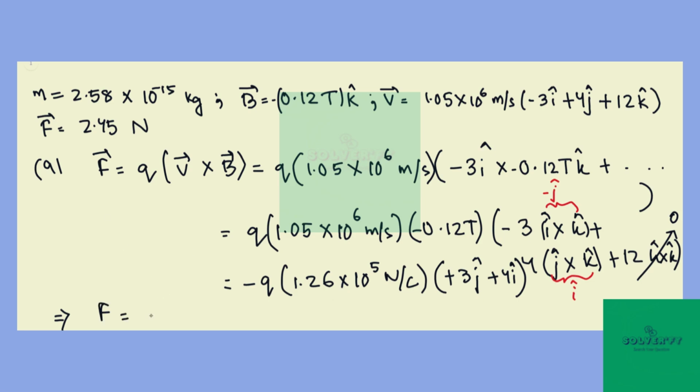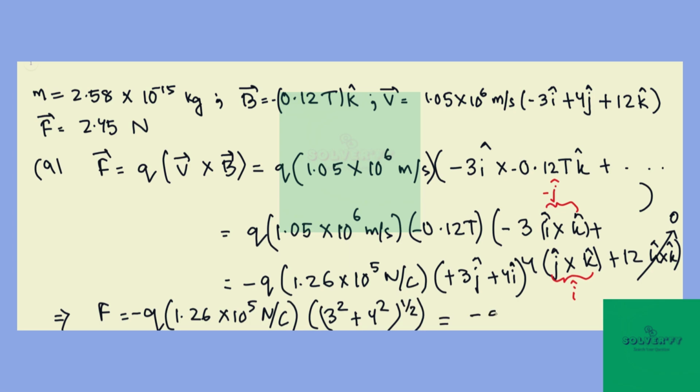So that is going to be equal to negative Q times 1.26 times 10 to the power 5 Newton per coulomb, and the magnitude of this. So that we find from Pythagoras theorem. So that is going to be 3 squared plus 4 squared and root over of that. And we get this magnitude of force to be Q times 1.26 times 10 to the power 5 Newton per